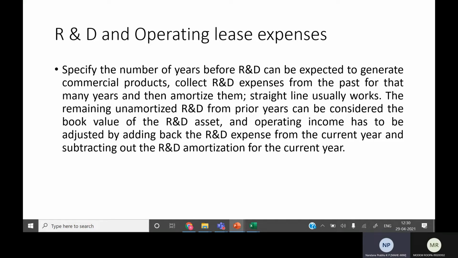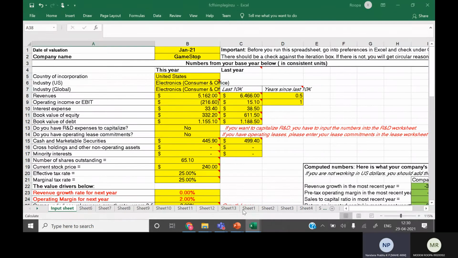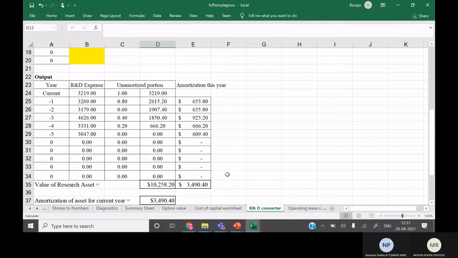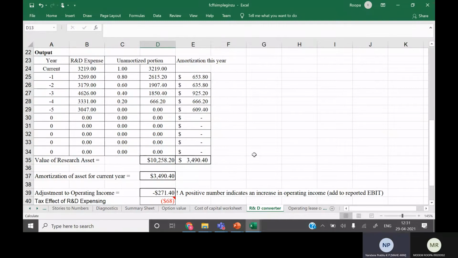Okay, can you show the R&D converter? The R&D converter is there if you scroll to the right. Now here, say we have written the R&D expenses of the past 5 years. And over how many years do you want to amortize R&D expenses? It is 5 years. Can you please scroll down and show what is there? Okay, we have got the output, R&D expenses, amortized portion,